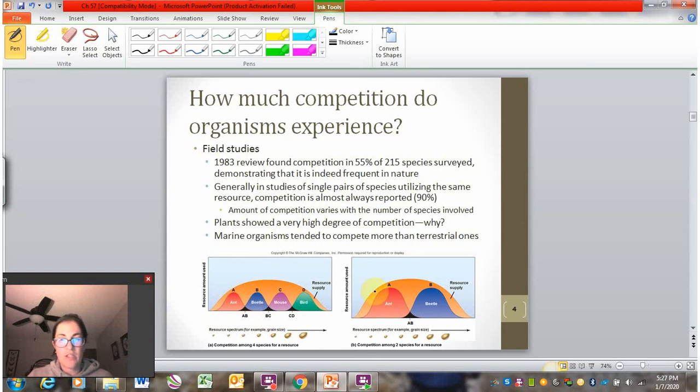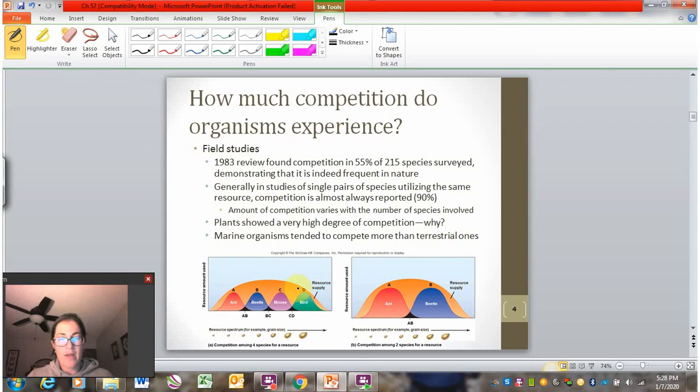So that's these two figures here. The ant versus the beetle using this resource experience competition. But if you look at the broader resource supply, in this case grains, you have multiple organisms each feeding on that same grain resource supply, and the ant and the beetle are just part of the competitors for that resource supply. So they're experiencing direct competition with each other, but they're actually sharing the resource with two other species.